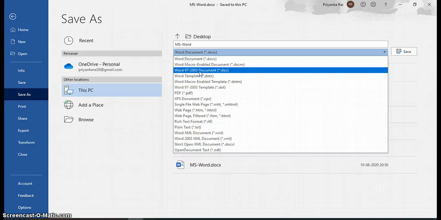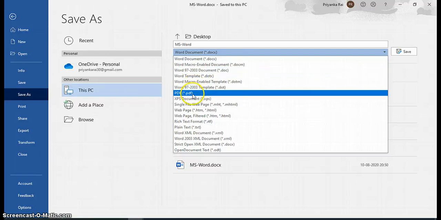In that system, maybe your files will not open properly if you are saving in an advanced version. So you can save your document in Word 97 to 2003 if you want to open it in an older version of MS Office. Then there is a PDF option.